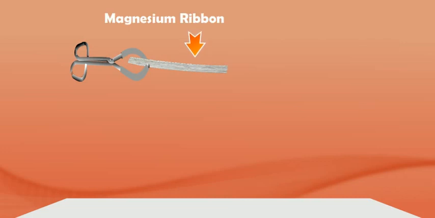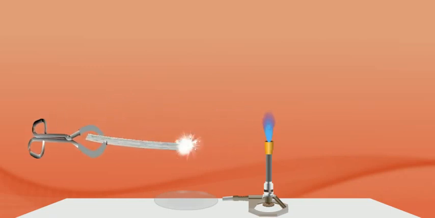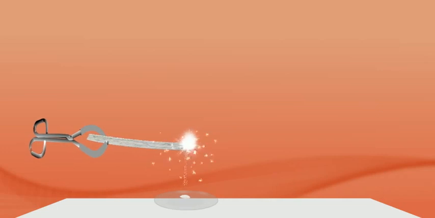Burning of magnesium ribbon. Magnesium is a metal which burns easily on heating. A long and thin strip of magnesium metal is called magnesium ribbon. When a magnesium ribbon is heated, it burns in air with a brilliant white light to form a powdery ash called magnesium oxide. This magnesium oxide is an entirely new substance. Thus, a new substance is formed during the burning of magnesium ribbon. So the burning of magnesium ribbon is a chemical change.